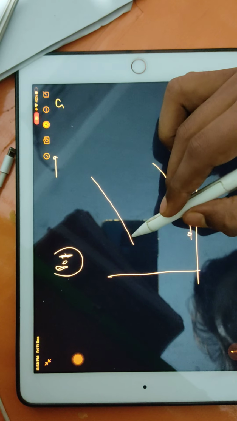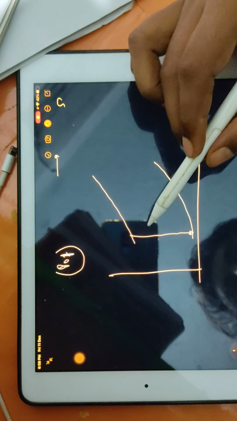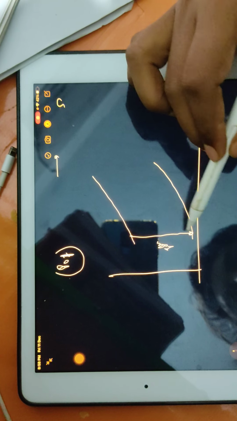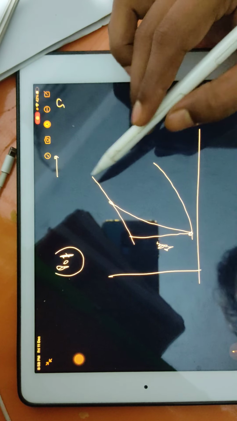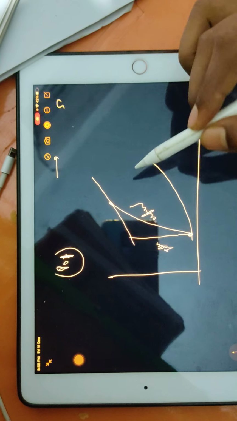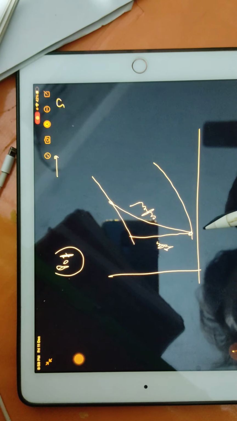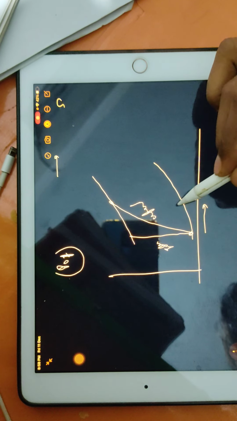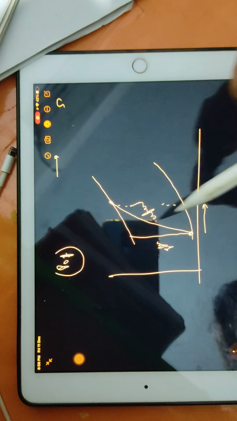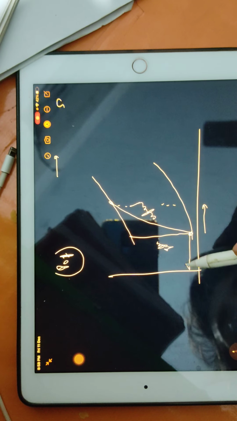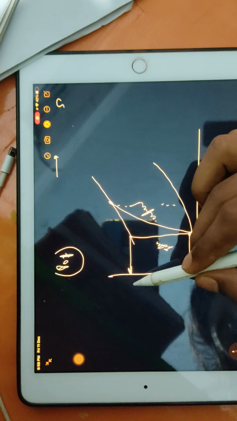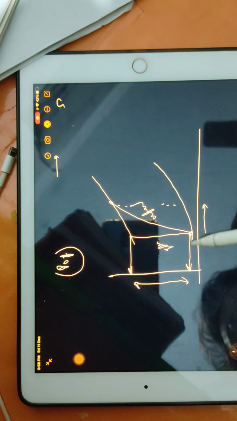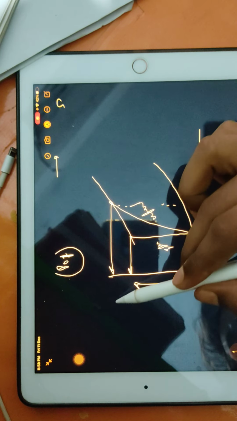Suppose I was here, I am reaching here ideally, and I am going here actually. See, because entropy is increasing this much, that's why I am landing up here in the actual case. Now you come to this point, you see this gap. Again come to the same point, but you come here, you see this gap.